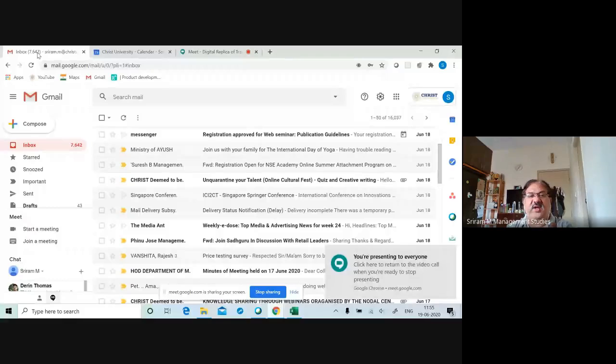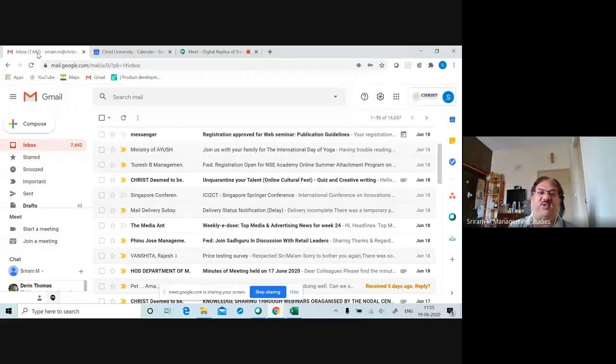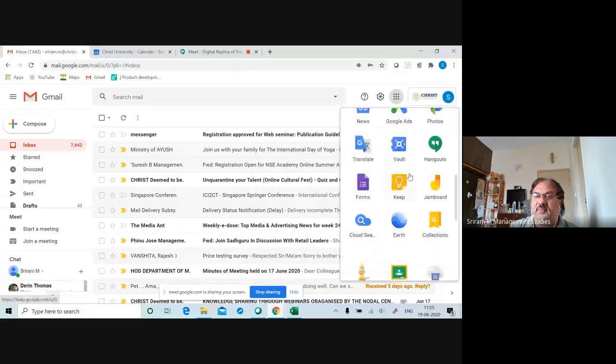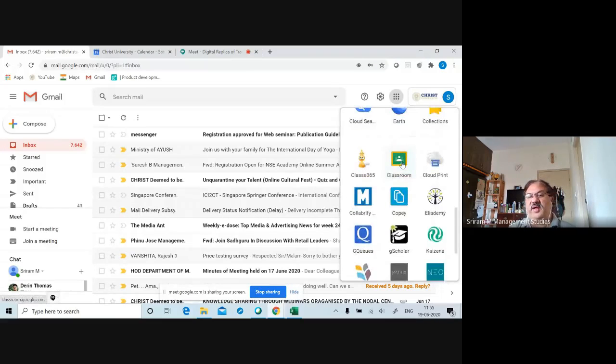Then you will be getting this particular box. You have to click that. Directly the share will not be enabled. The moment you click that, the share option will be there. Just share. Now whatever is on my screen is what you are actually seeing. Let's go to the same 9 icons button. Go below. Search for classroom. Yes, I've got my classroom.